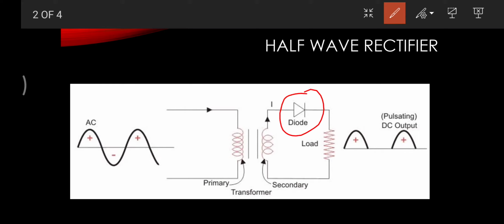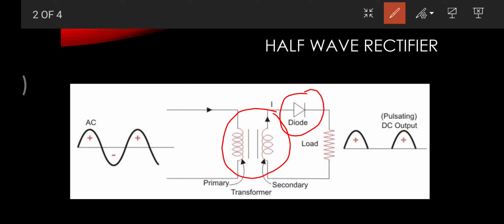What we are doing here is that we have used a transformer which is doing the stepping down of voltage for us. It is a step down transformer. Usually you have seen that the voltage we are using at our home is 110 AC or 220 AC depending upon the country. However, the DC voltage we use for domestic purposes is only 5 volt for your cell phone charger and most of the appliances, and in some cases like for your laptops or different heavy equipment, the DC voltage ranges from 9 volt to 18 volt. So on the basis of your need, you select a transformer.